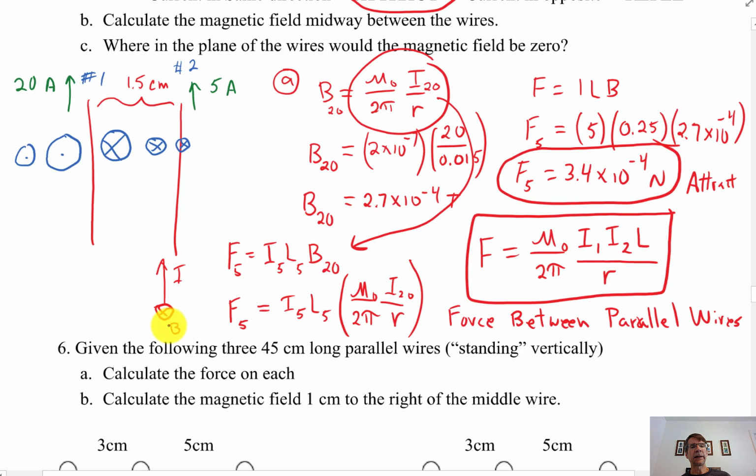Okay, that's I and that's B. So then the force is going to be to the left or right. We think it's going to be to the left. Let's double check this. So if you take your right hand, we're practicing right hand rule, then your thumb has